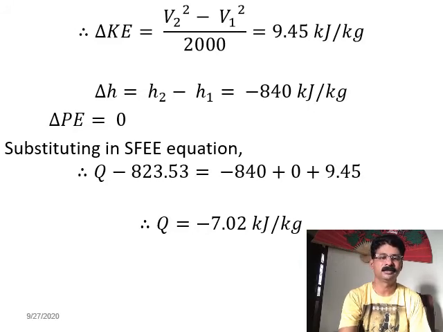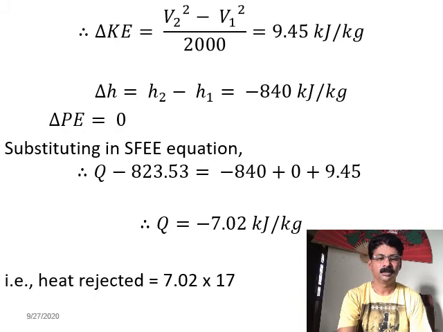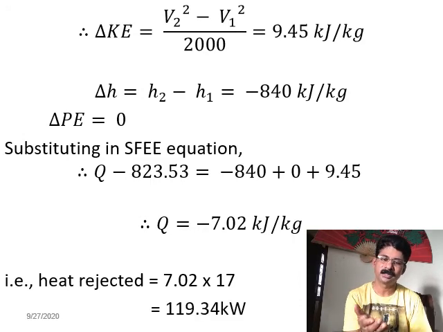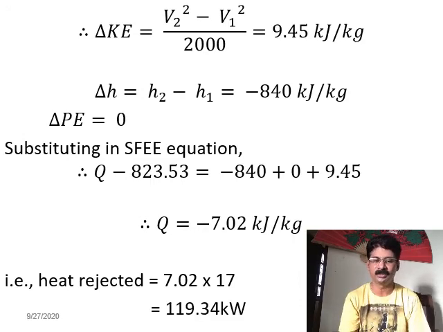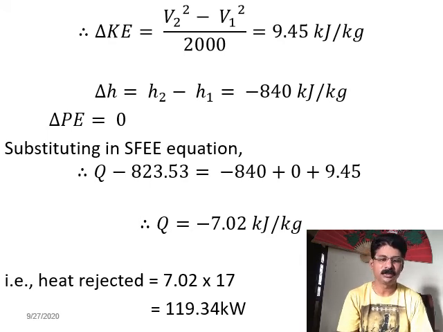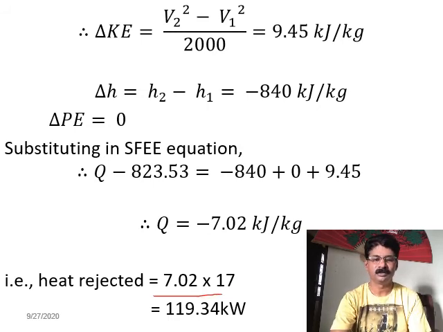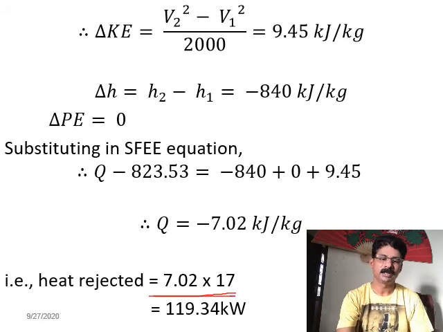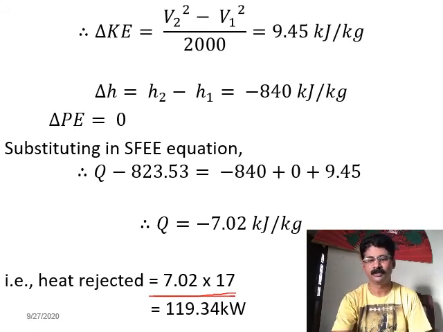Already I told you while reading or analyzing the problem that he is asking for heat rejected, so the answer we should get is negative. Rightly, we got the negative answer. Now this is in kilojoules per kg. Now you have to do a reverse step: because we converted W from kilojoules per second to kilojoules per kg, now Q from kilojoules per kg you have to convert into kilowatt. For that you multiply by the mass flow rate. Earlier you divided, so here you multiply to get it in kilowatt.